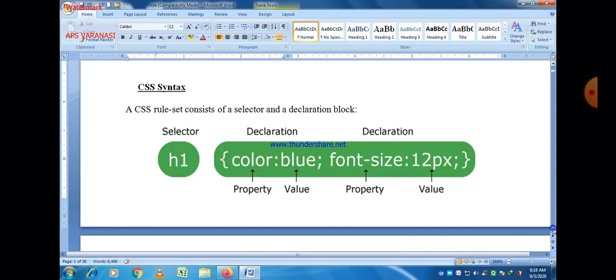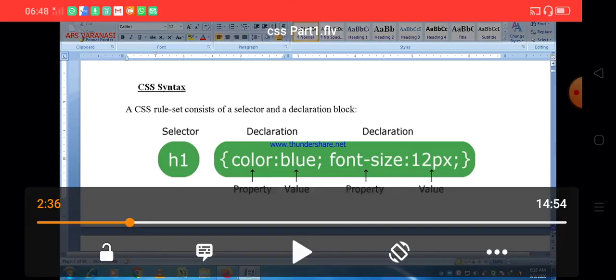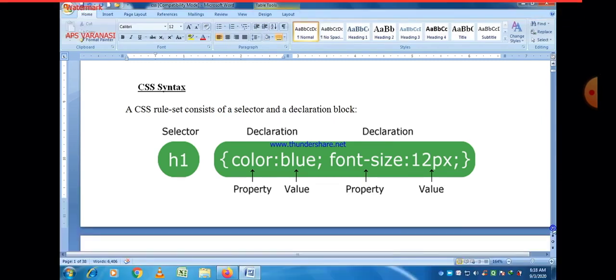Now one thing should be clear, that CSS syntax is basically divided into two parts. You can easily see that. First one is the selector. So here the selector is the name of the element, the name of the tag. For example, in this case the selector is h1. If we want to apply the setting on the h1 tag, then h1 is the selector, and then we give the value in curly brackets in the form of properties and values,